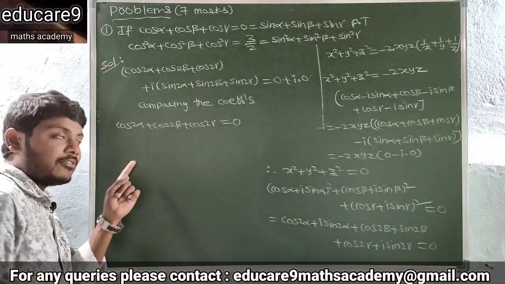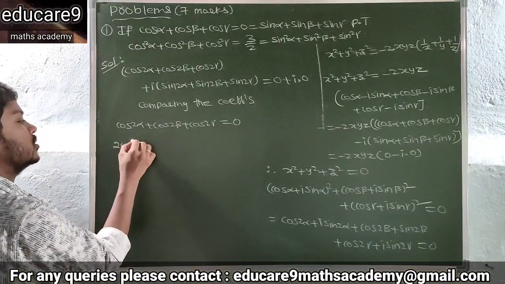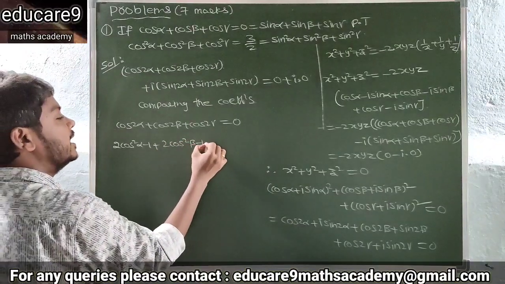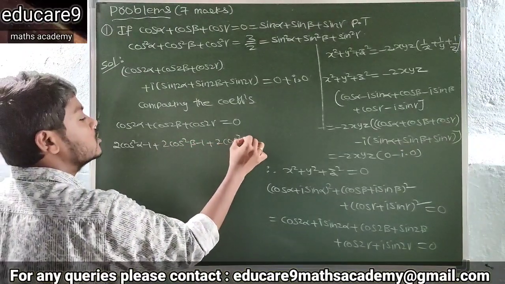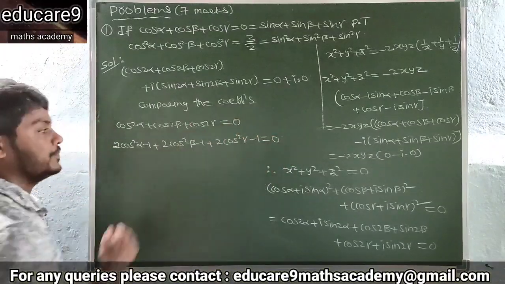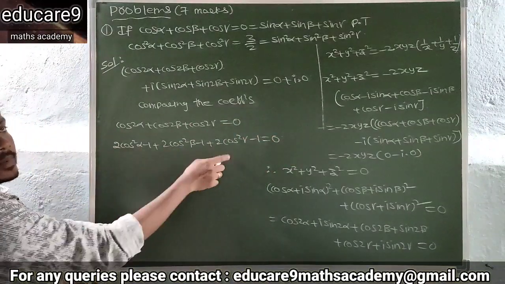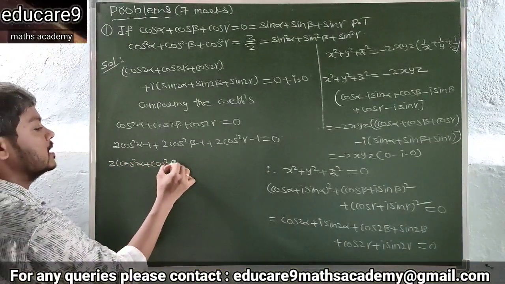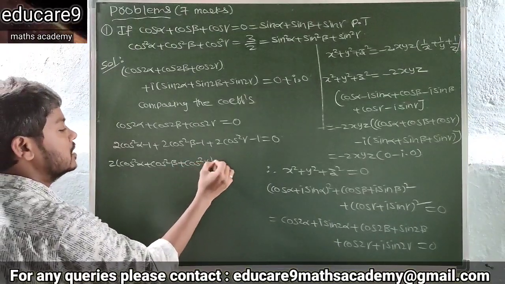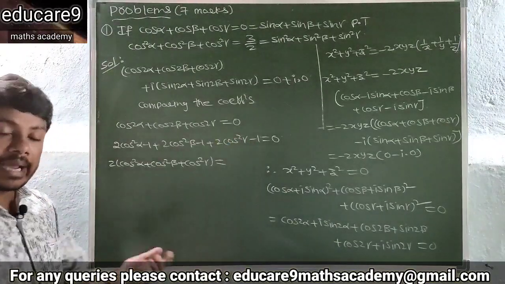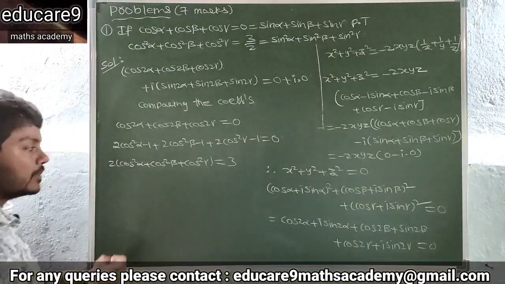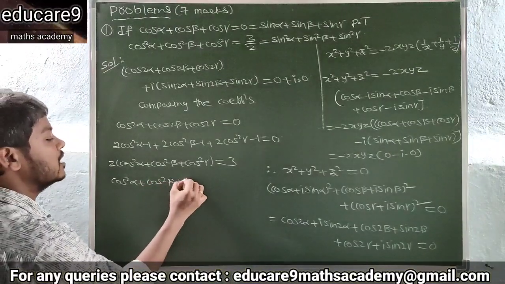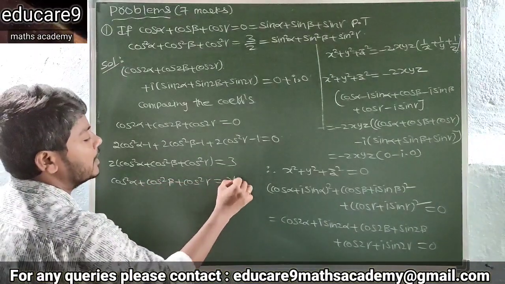You know that the cos 2 alpha formula is 2 cos square alpha minus 1, and cos 2 beta is 2 cos square beta minus 1, and 2 cos square gamma minus 1, is equal to 0. So here 2 is common. So what you get? Cos square alpha plus cos square beta plus cos square gamma is equal to minus 1 minus 1 minus 1, minus 3. So clearly we will get 3. Therefore cos square alpha plus cos square beta plus cos square gamma value is 3 by 2.